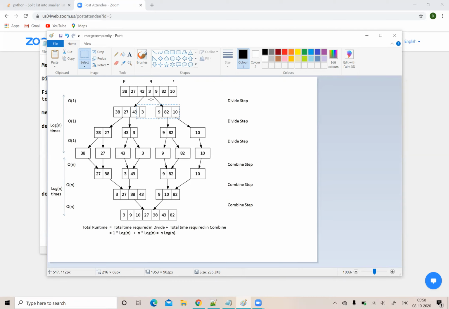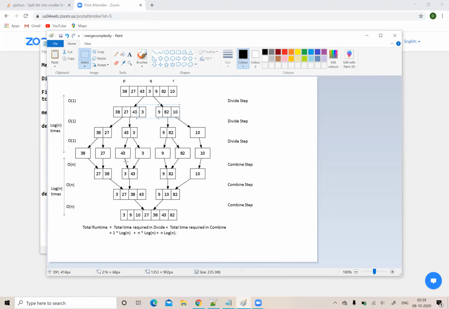So based on the mid position, I divide the array into two halves, that is the left half and the right half. Up to mid is your left half with 4 elements, and 3 elements are in the right half. So 7 elements are divided into 4 and 3 elements. Again on the left half, 4 elements are divided into 2 and 2. The right half is divided into 2 and 1. It goes on until I reach one element. So these two elements are divided into one element each. Normally the splitting happens in the left half first, then the right half.